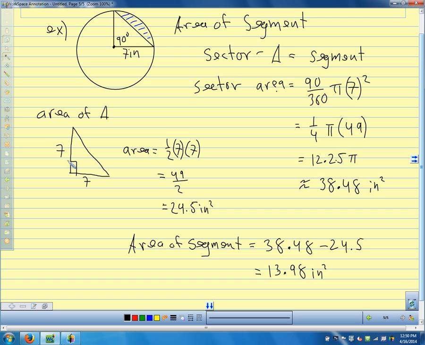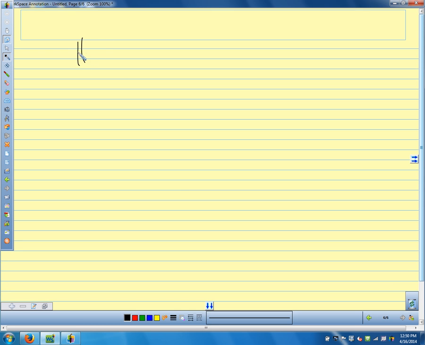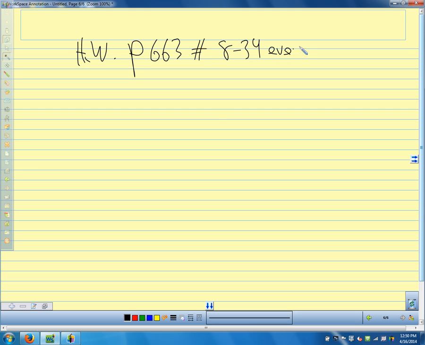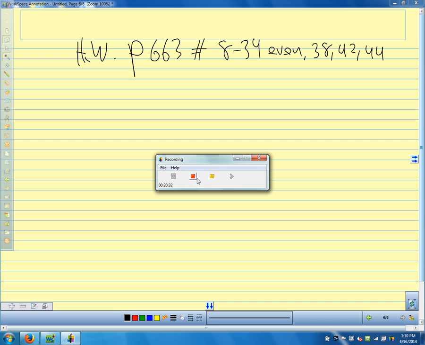So we should have our area of a circle, area of a sector, and area of a segment added to our graphic organizer today. All right, our homework. All right, so there's our homework. You will be turning in